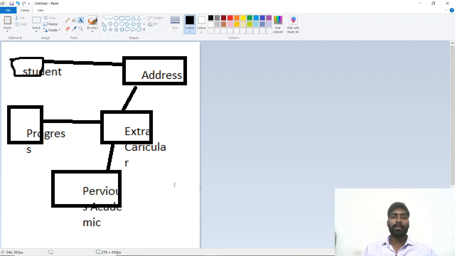Okay students, now just imagine, these are the different tables we created in MS Access.